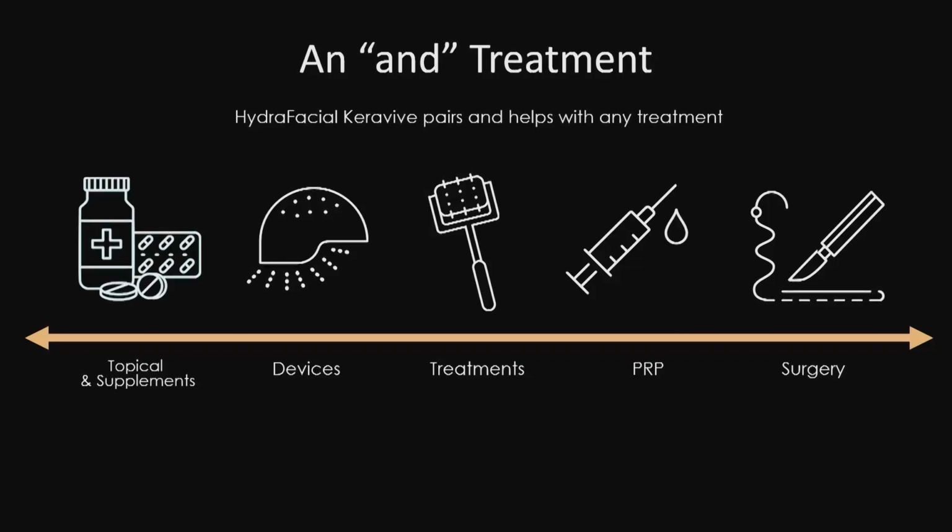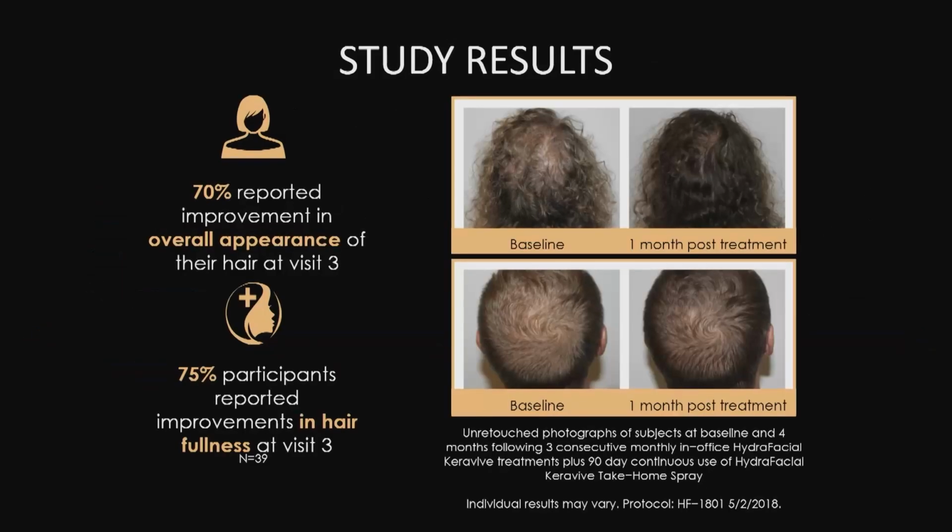Now, I used the words consumer and patient because Keravive is a complementary treatment, whether it's a consumer trying non-invasive approaches or a surgical patient. Because let's face it, most people are interested in a healthy scalp because they want better hair, and that often requires a multifactorial approach. In fact, we've heard from some of the hair transplant surgeons that use our product that they'll use Keravive before surgery to optimize the follicles that will be transplanted, and then after surgery to maximize viability